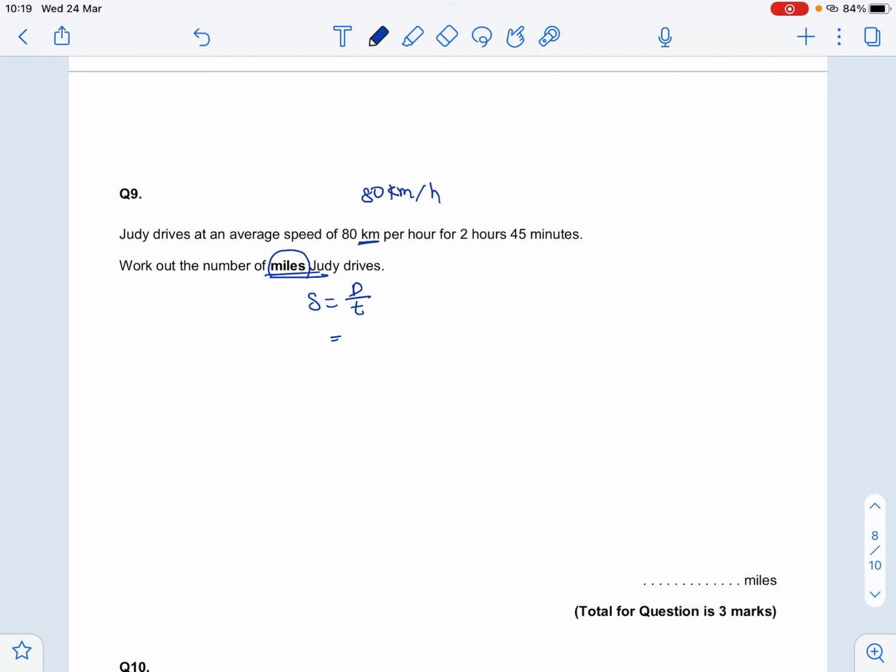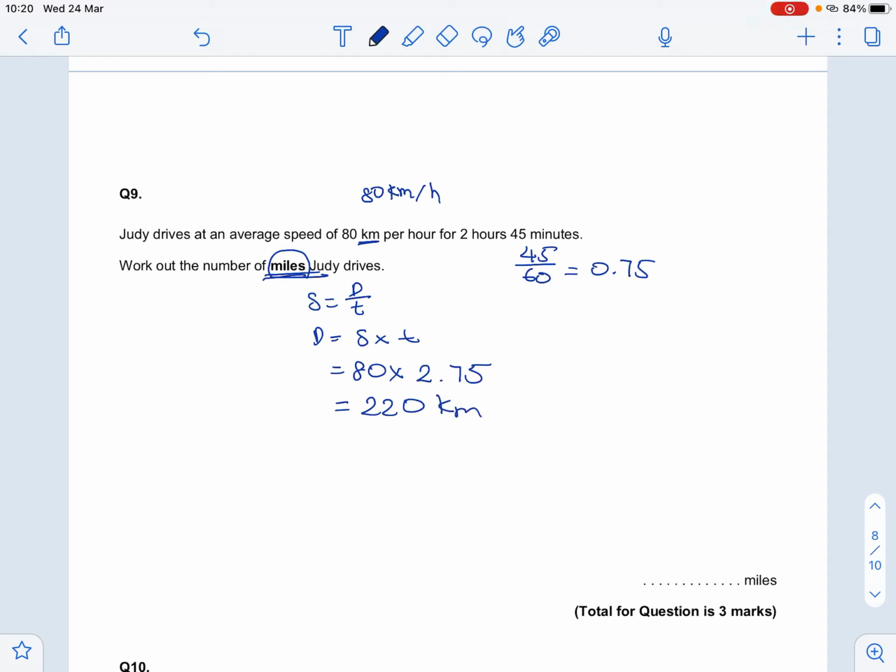So we have distance equals speed times time. We know our speed is 80, and the time is 2 hours 45 minutes. So we want to convert this into decimals. Remember, there are 60 minutes in an hour, so this is 0.75. So the time would be 2.75 hours, which gives our distance as 220